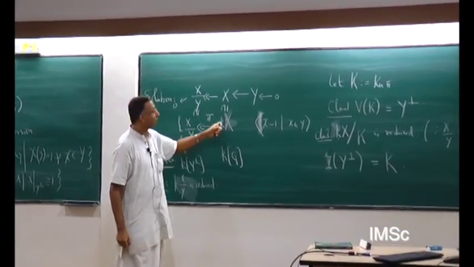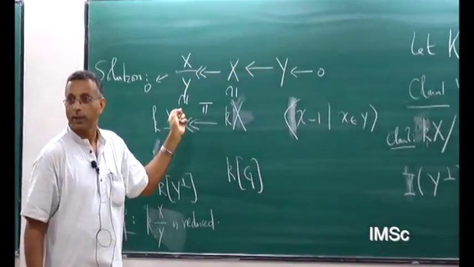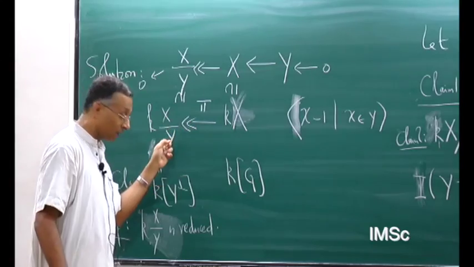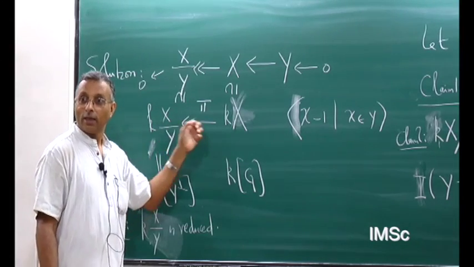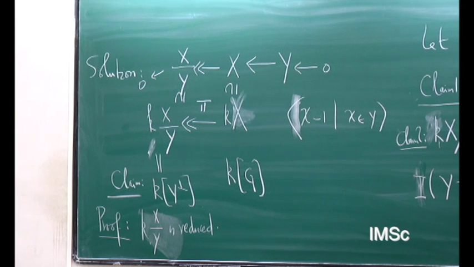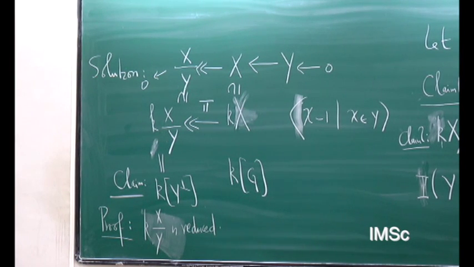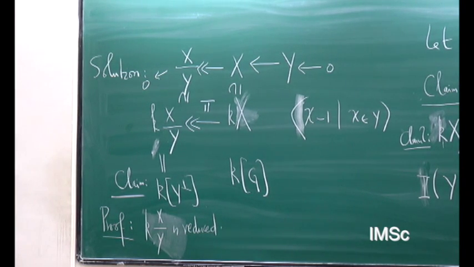So if something belongs to x and goes to 0, it must belong to y. And chi minus 1 is 0 here means chi, the element chi of x, goes to 0 in x mod y. See, if chi did not belong to y, chi bar would be non-zero in x mod y. It's a non-zero element of the.